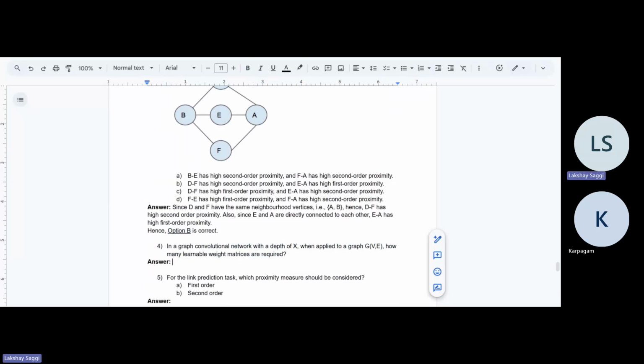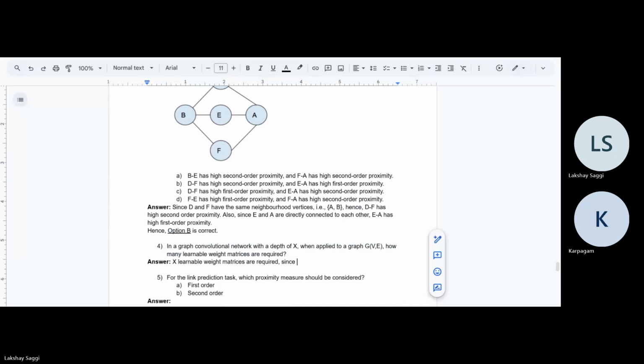So it's really not too hard of a question. You just need to have an idea of what these definitions actually mean. So x learnable weight matrices are required